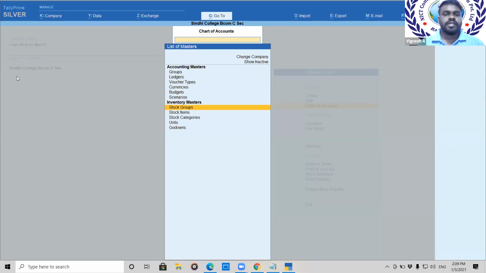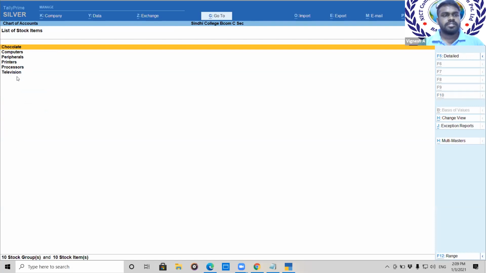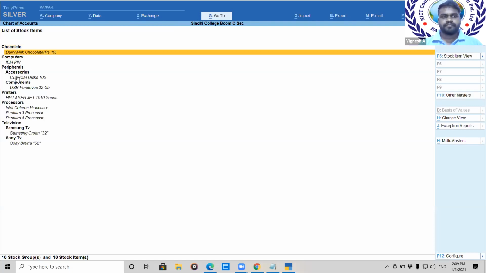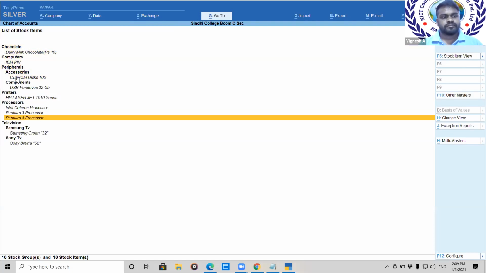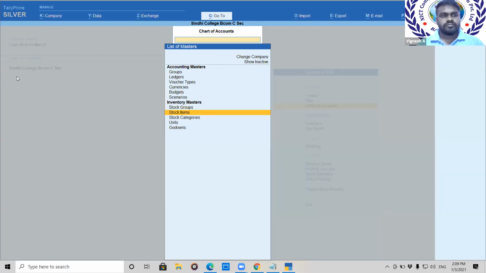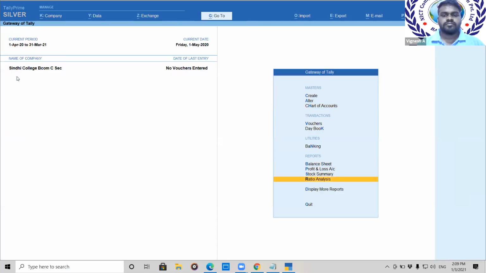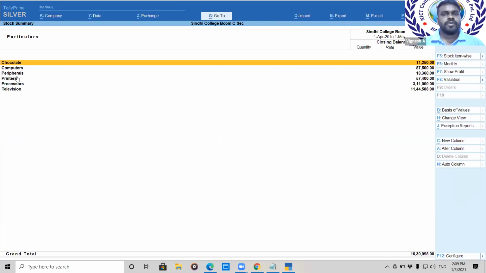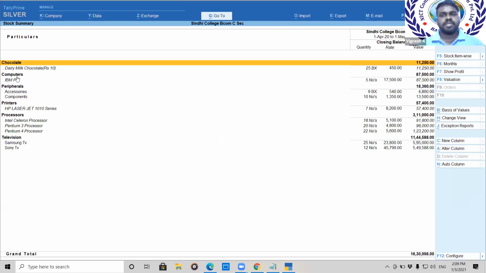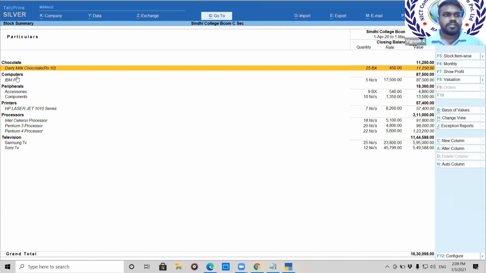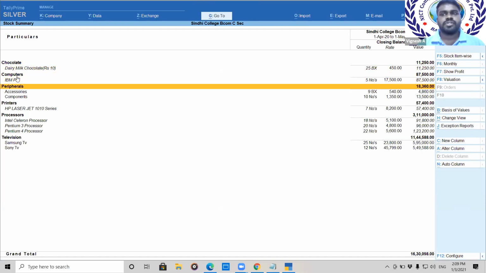When we check your stock items, as we created in yesterday's class, you can see them in the detailed format. I hope you created all these things with the same structures I prepared yesterday, and you have uploaded the assignments. I didn't check that; the team is checking it. Does anybody still have confusion on how to submit your assignments?